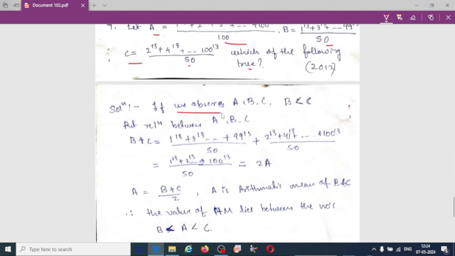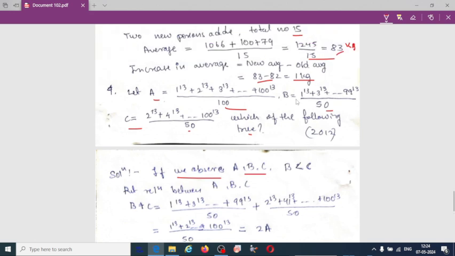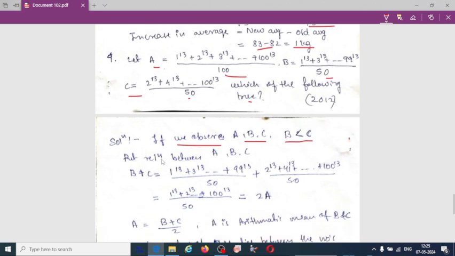First, if we observe A, B, C, if we consider B and C, both have the same ratio, 50. But if we take C, it is greater than B, because it is starting with 2 to the power 13. B is starting with 1 to the power 13. So B is less than C. Here we have to put the relation between A, B, C. So here A is equal to what? In the denominator, 100. B and C, 50. So we have to add here B plus C,